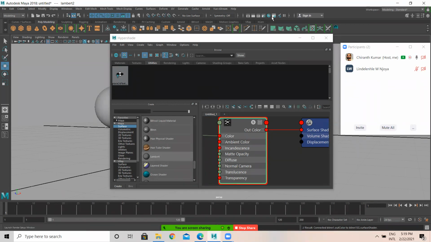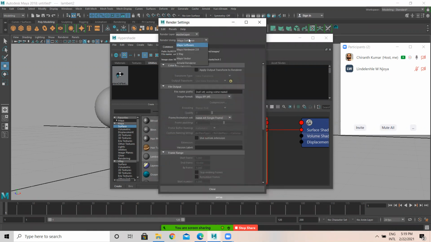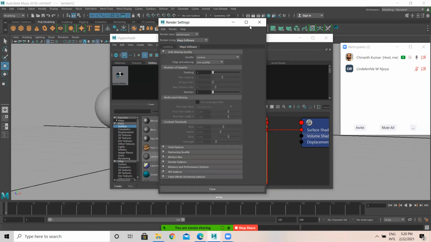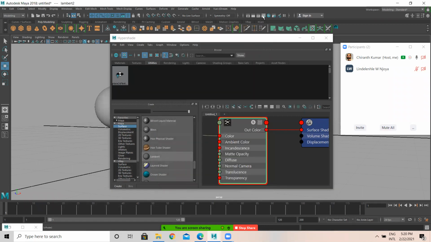Okay. In Maya, if you come to this particular icon, this UI along with the settings, this is called the render settings UI. Here, by default in Maya, we have Maya software, Maya hardware, Maya vector, and Arnold renderer in Maya 18. V-Ray I have turned on. Okay, V-Ray is another engine. So I'll just select the Maya software engine now for time being. Okay, and IPR we have.